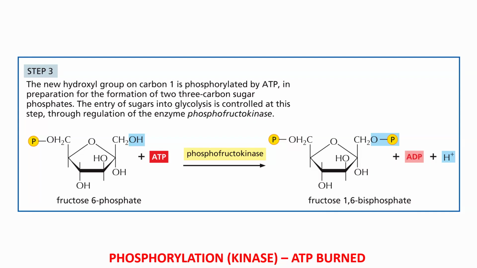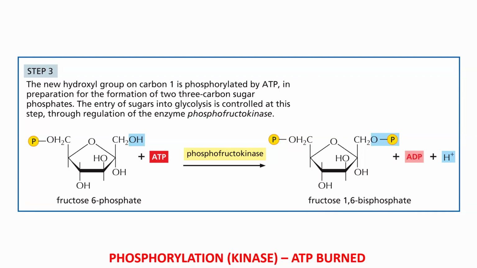Now, what I want us to appreciate here for just a second is look at this product molecule. We've got a big, highly negative phosphate here on one end of fructose, and a big, highly negative phosphate here on the other end of fructose. These two phosphates are both negatively charged. They want to get as far away from each other as possible, and they're stuck on either ends of fructose. This is creating an enormous strain on the fructose sugar ring. It's being pulled in two opposite directions at the same time.